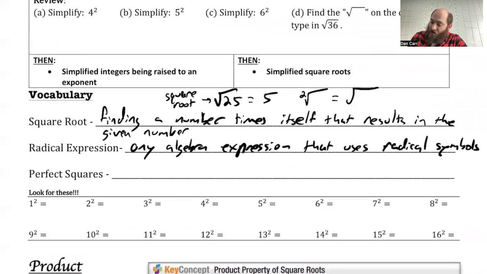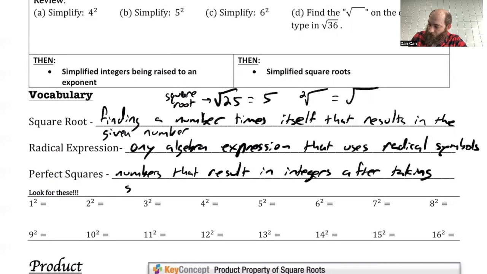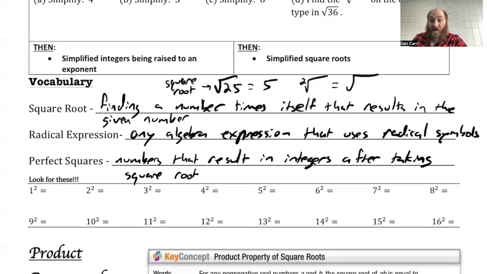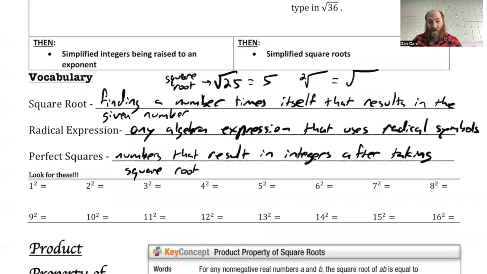Perfect squares. These are numbers that result in integers after taking the square root. Okay, so that is referring to a lot of these numbers here. So if I look at all of these, I'm going to go ahead and square these, and these are all examples of perfect squares. So 1 squared is 1, 2 squared is 4, 3 squared is 9, 16, 25, 36,